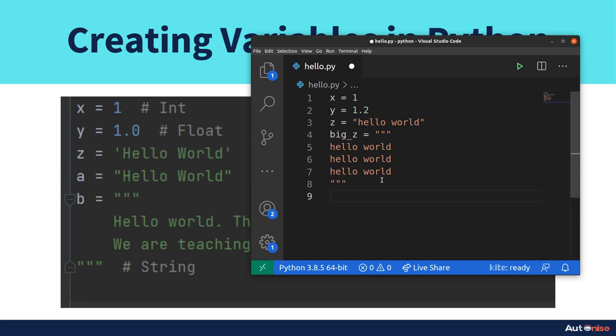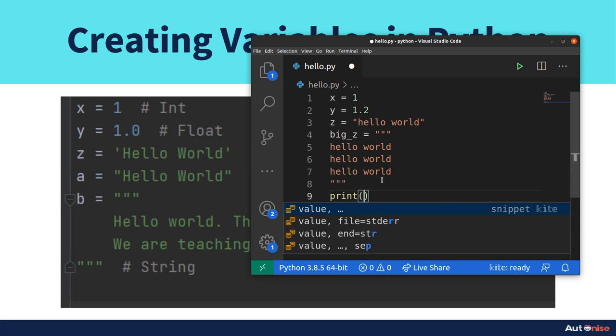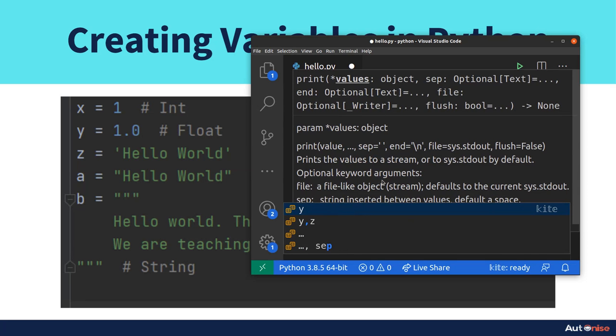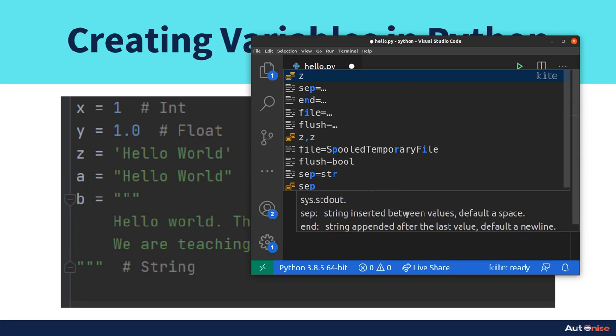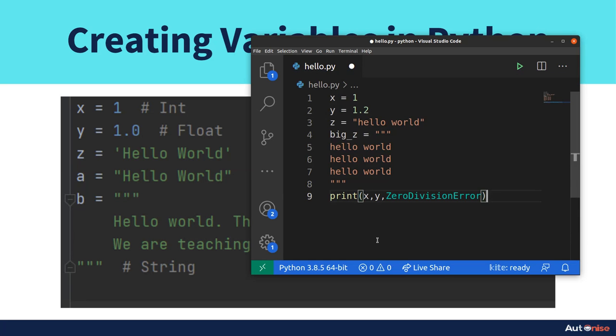So now let's recap. X is an int type of variable. Y is a float type of variable. Z and big Z are string type variables. Let's try to print each of them one by one. Print X, then Y, then Z,